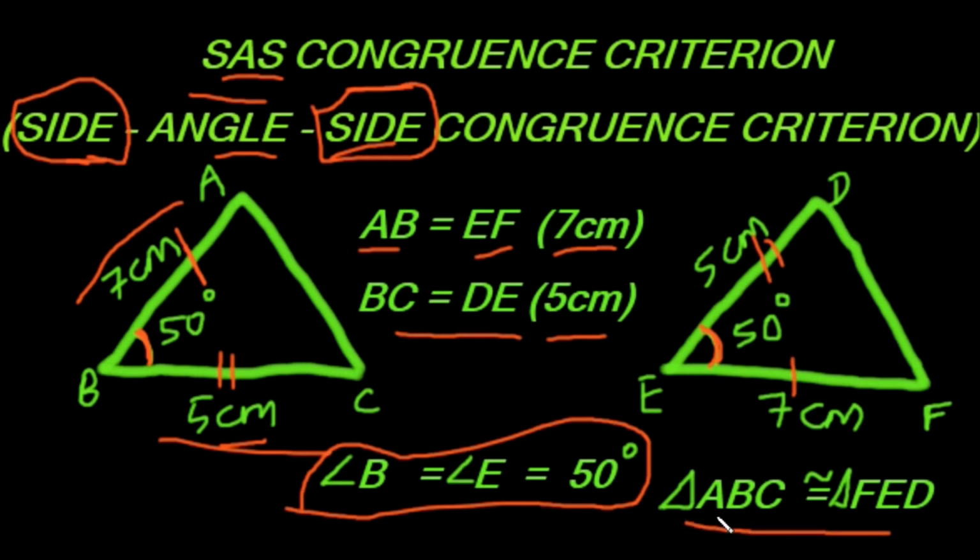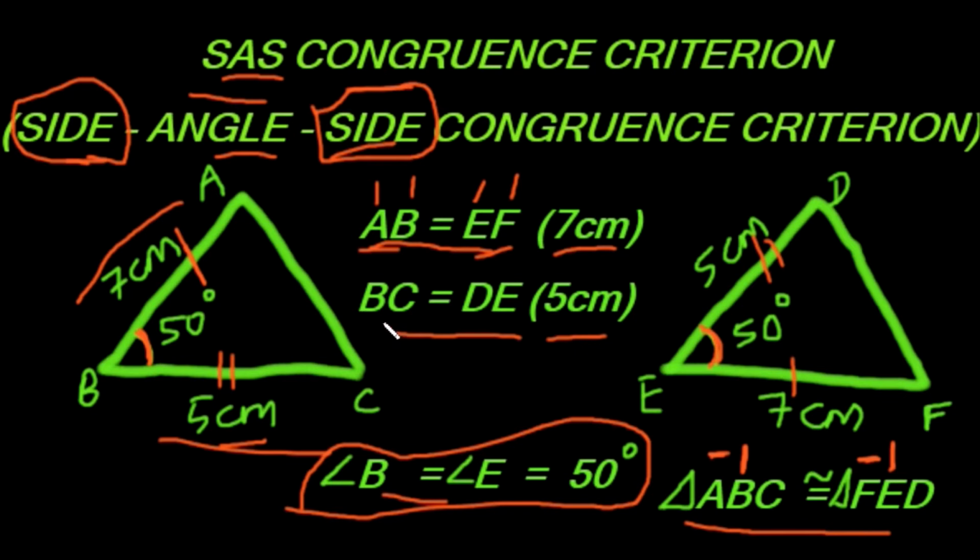Now see this congruency. Triangle ABC is congruent to triangle FED. So now we know that angle B is equal to angle E. This is done. So in the place of B we can write E directly. Now let's find out for A and C and their corresponding sides. Now for A, see this, AB is equal to EF. For B it is E. Done. What is left for A is F. So in the place of A we can write F.